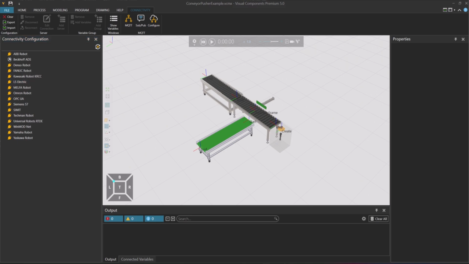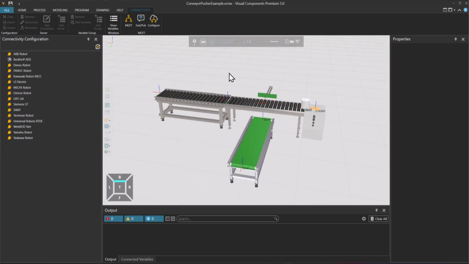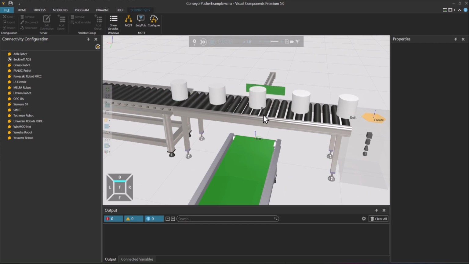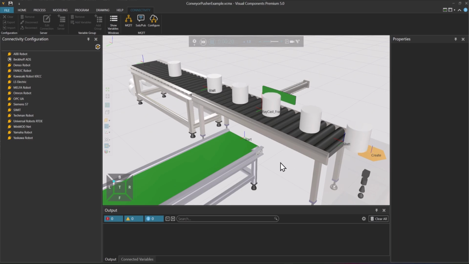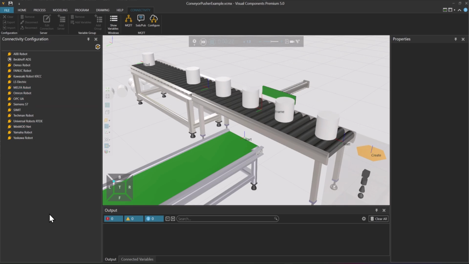I have built a simple test simulation based on a physics feeder and a pusher conveyor. The feeder provides parts to the conveyor at 1 second interval. The conveyor has a sensor that detects parts and provides input to a PLC that will control the pusher. Now that I'm running the simulation without any PLC connection, this cylinder is doing nothing since there are no connections active.